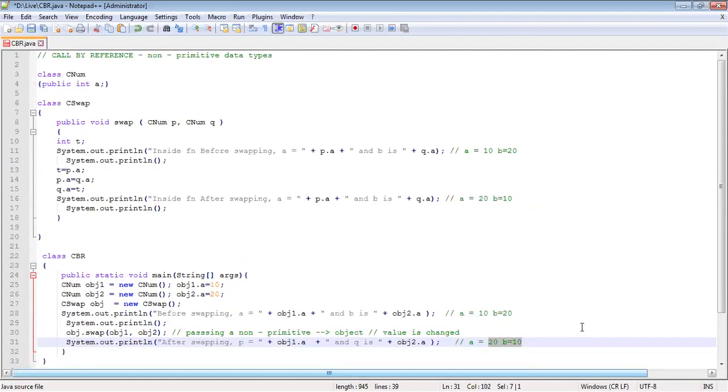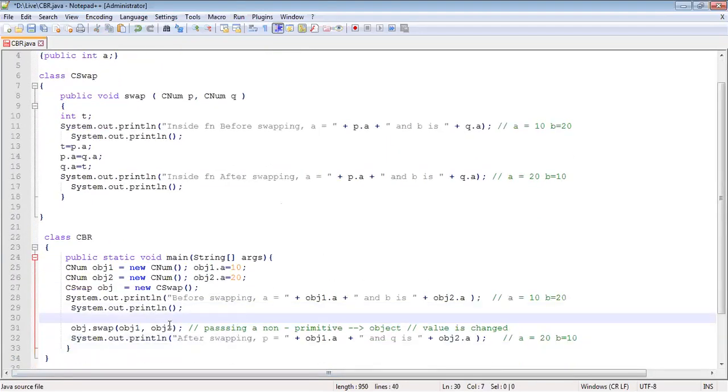So hope you're getting the three ways in which you can write functions in Java. One is call by value. You simply pass in the primitives. Call by value means passing primitives. The values will not change. I'll write everything over here so that you get an idea. One thing which we did was swap P comma Q. This was the normal thing which we wrote. You say it is call by value.